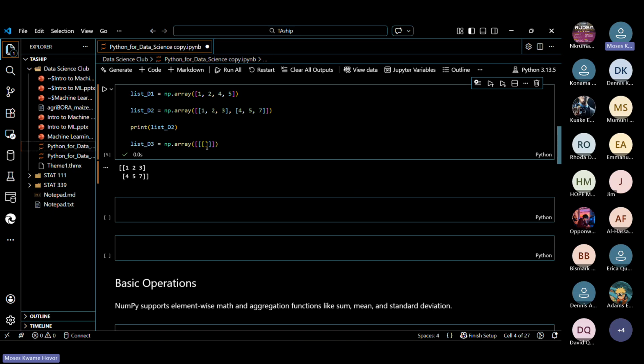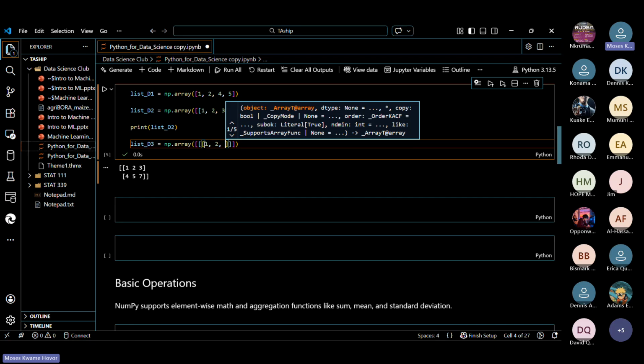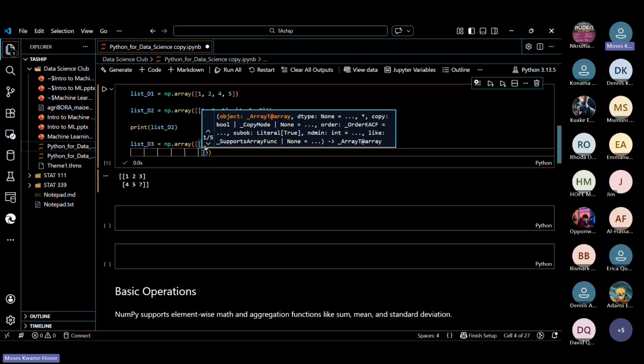Now let's go ahead and create the 3-dimensional array. As you can see, I open one bracket, that's for the big bracket, and I open another one before another one. The last one is where I'm going to type in my elements, say 1, 2, 3. Then I'm going to create a second one, say 2, 3, 4, 6.